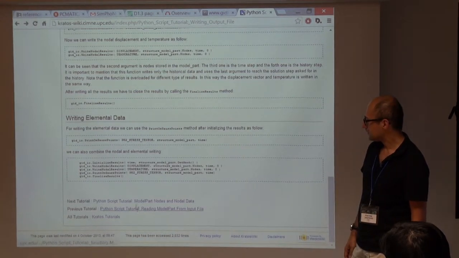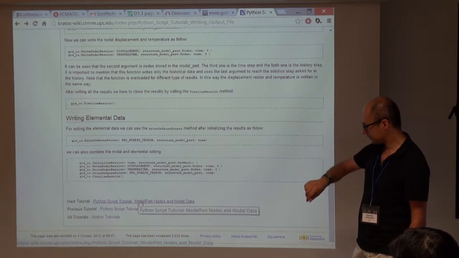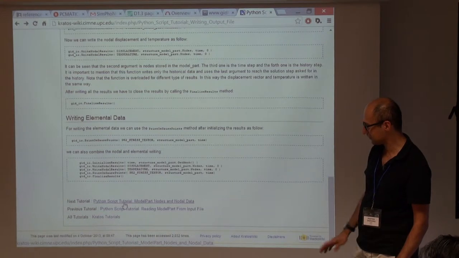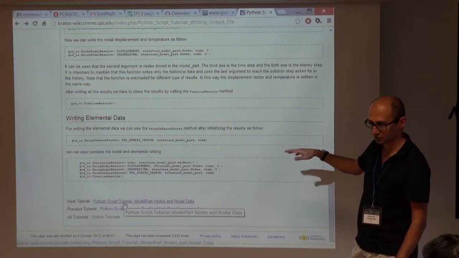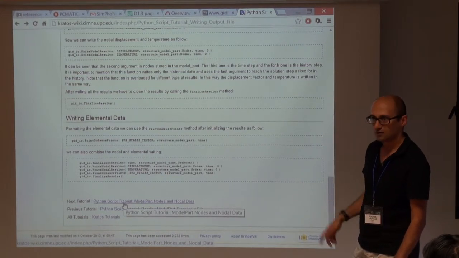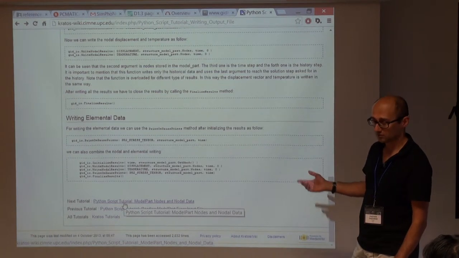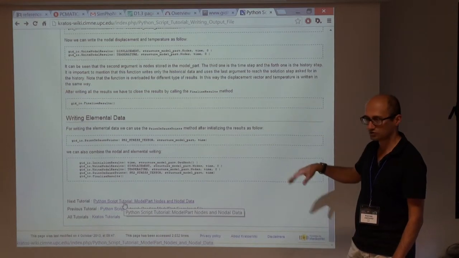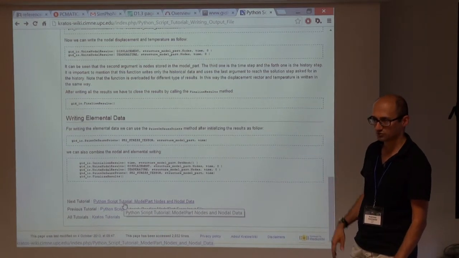I'm going quite fast because we are quite out of time, but you can ask me, and this documentation is always in the wiki, so you can refer to it afterward. And I would ask you to do all of these statements by yourself just to see how it works,